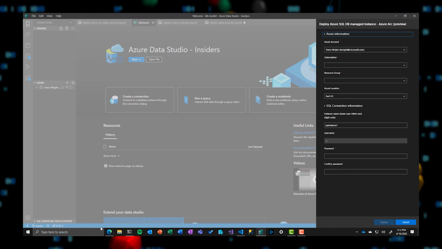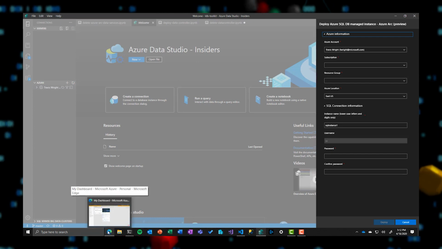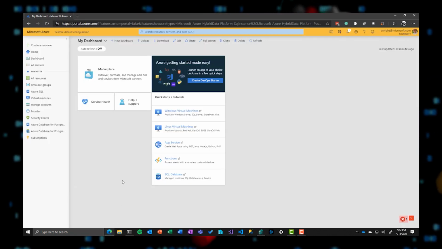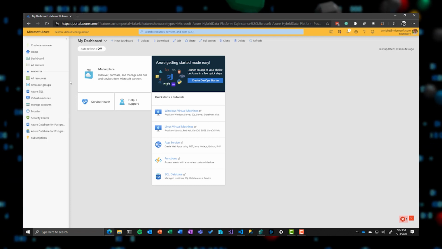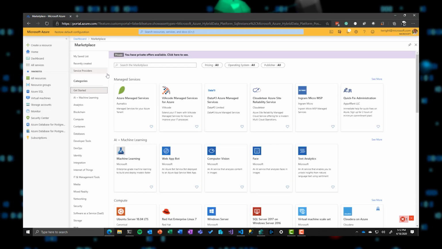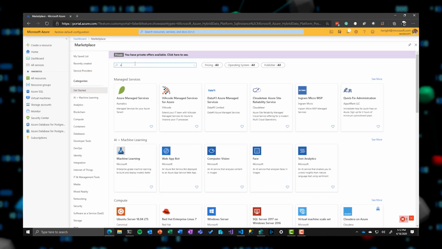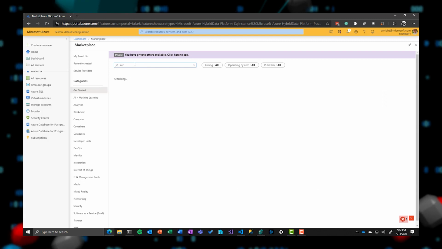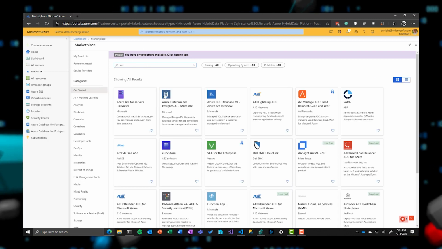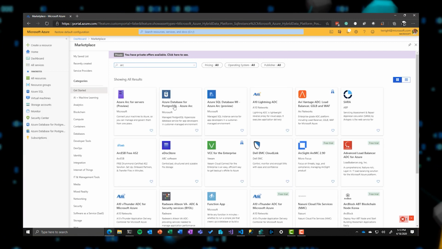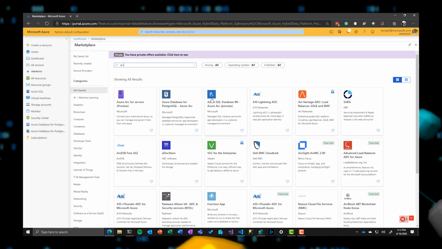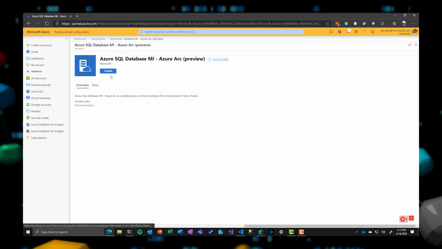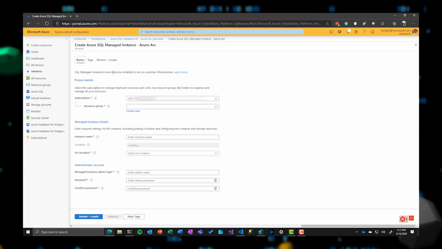Now, the last experience that I'll show you is the Azure portal experience. So if I go up here to the Azure portal and I then say I want to go into the marketplace where I would normally go to find things that I want to provision, I can type something like Arc in here to find the available Arc services. And we can see here that we have the Azure Database for Postgres option and the Azure Database Managed Instance option here. So I'll click on the Managed Instance option here, click Create, and this will bring me to a